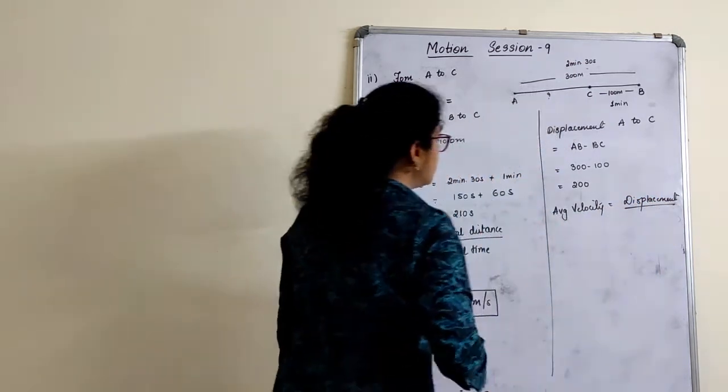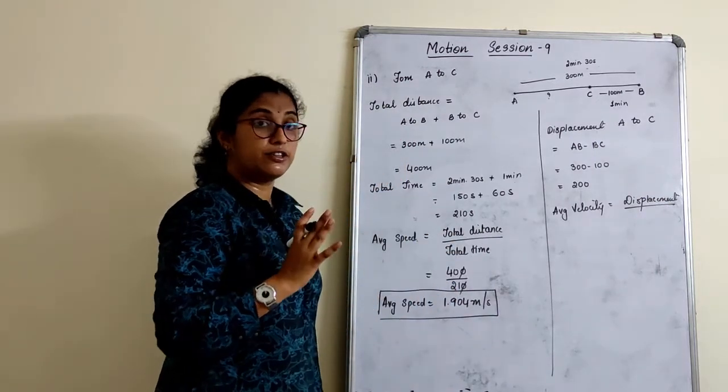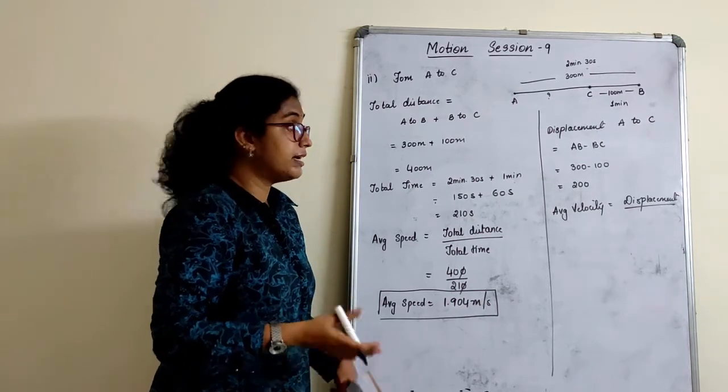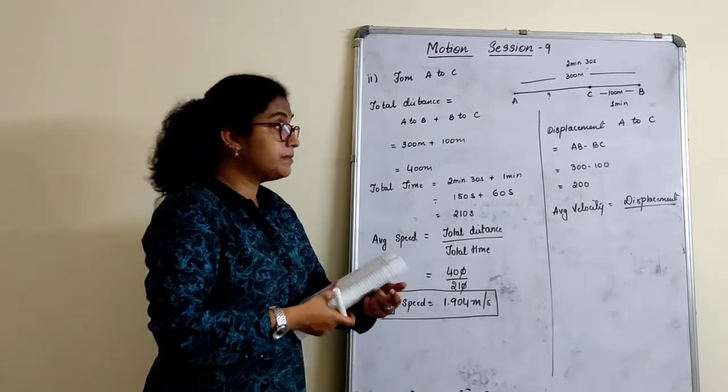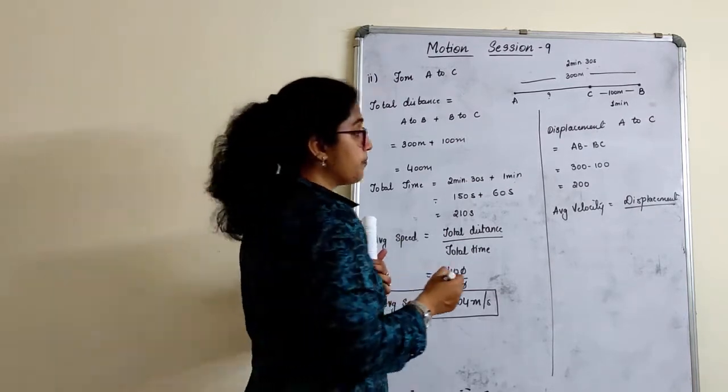I have seen children doing all these things, writing A, B, C, D, everything without the figure. I don't know how you can visualize the figure and do all these things. It's not possible at all. Wherever it is possible, wherever you are using these variables here, you have to represent the figure for this.